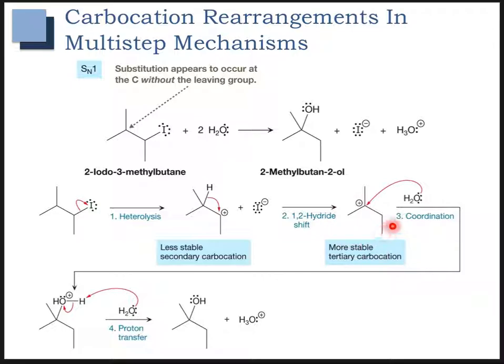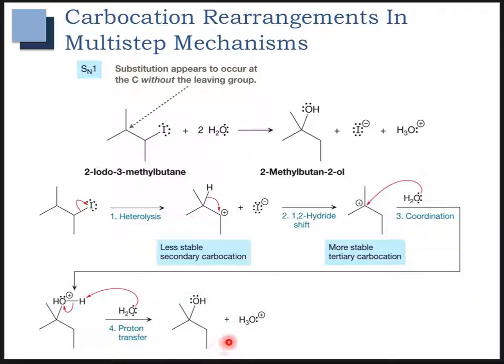Once the more stable tertiary carbocation is formed, the water can coordinate. And then of course, this is going to end up with a positive charge on the oxygen, which will be quickly deprotonated in a proton transfer reaction by another water in the solution. You'll notice that there are two equivalents of water that are required. One that comes in, and then one that's going to do the deprotonation or the proton transfer